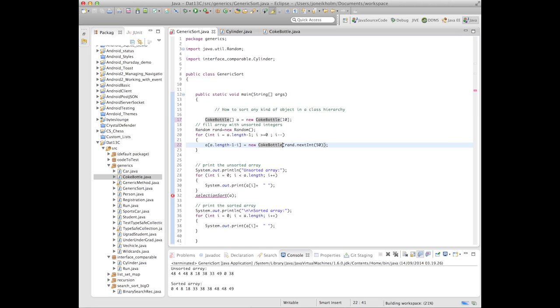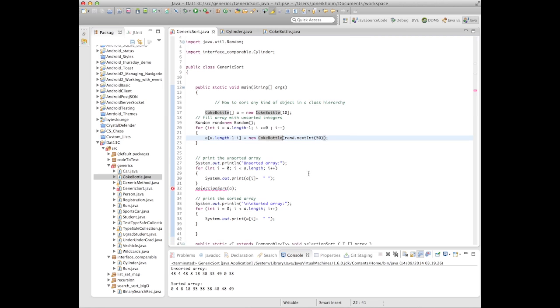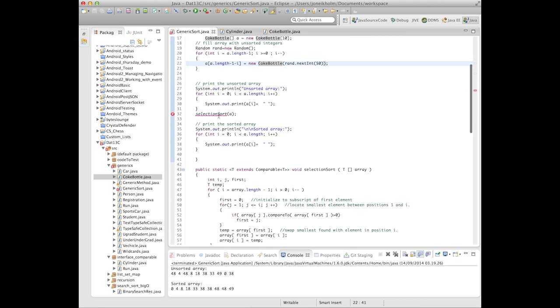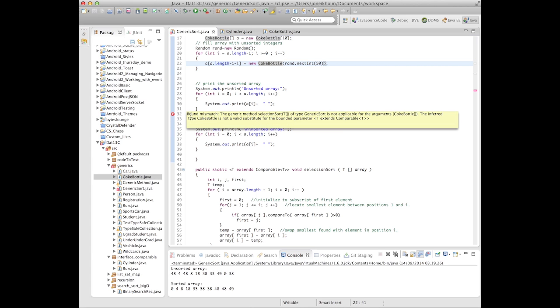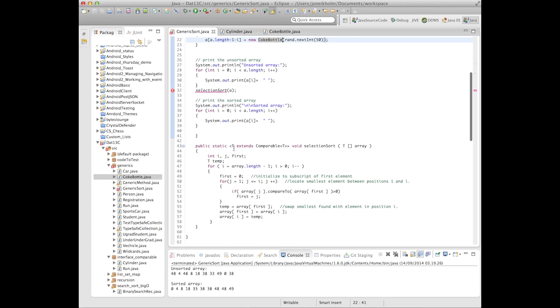See, now the problem is it's not completely satisfied. It says here in fancy Java terms, bound mismatch. What this means in plain English is that we have promised that this T will implement Comparable, that's Java for extends,